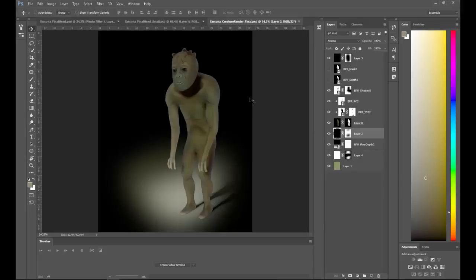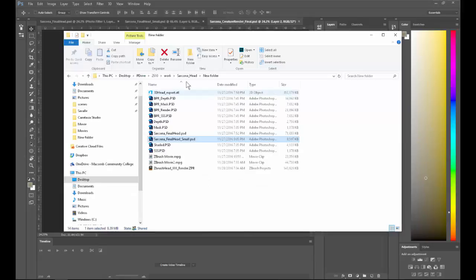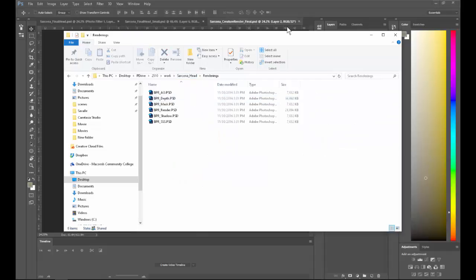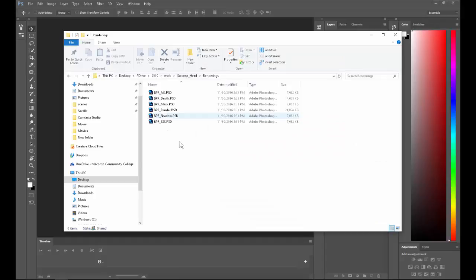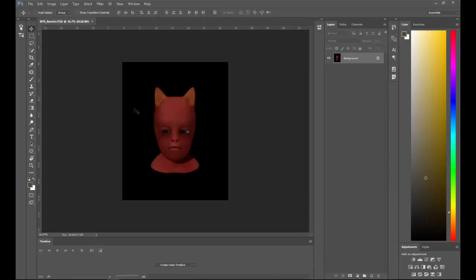So I'm going to go to this new folder. I'm going to go to Sarcona Head, Rendering. Let me just close these guys here. And I'm just going to open up my render first. There he is. And you can see the framing too. If the framing wasn't good, now is the time to go back into ZBrush and fix the framing. I want to have a little bit of room around the sides so that I could put a little vignette